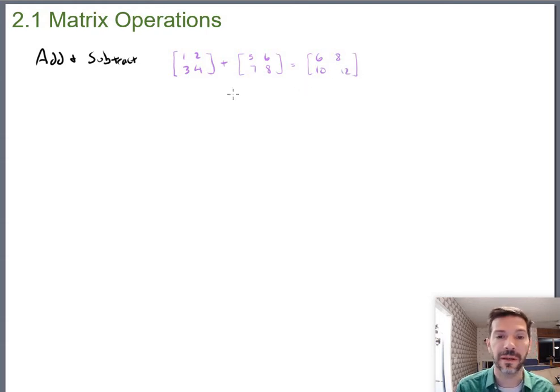This does mean that not all matrices can be added, right? They have to have matching dimensions. So you should be able to add and subtract. Subtraction is the same, obviously, just subtract. You should be able to do